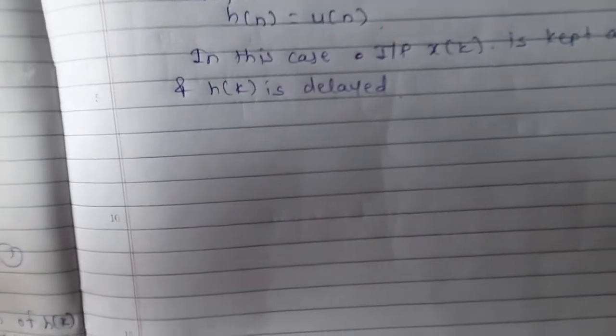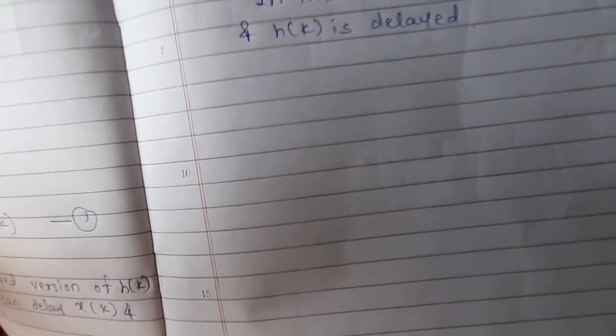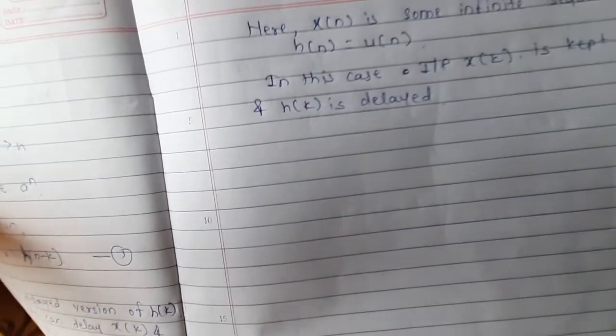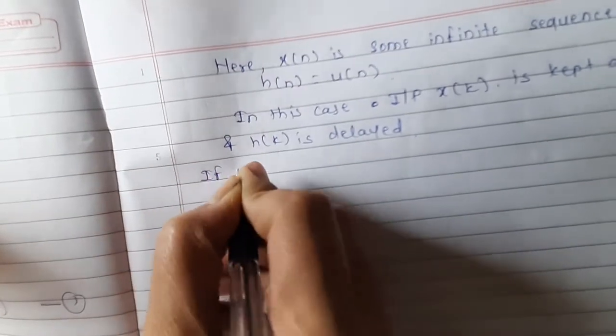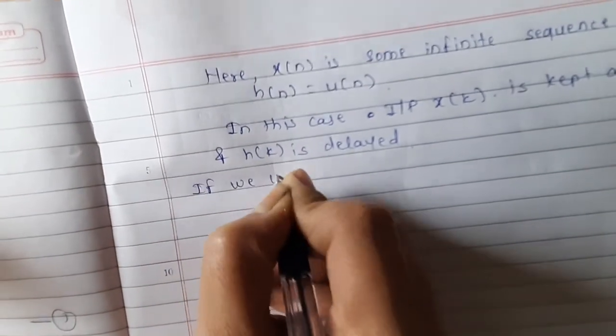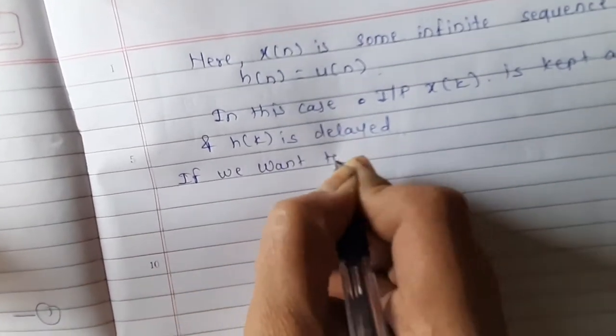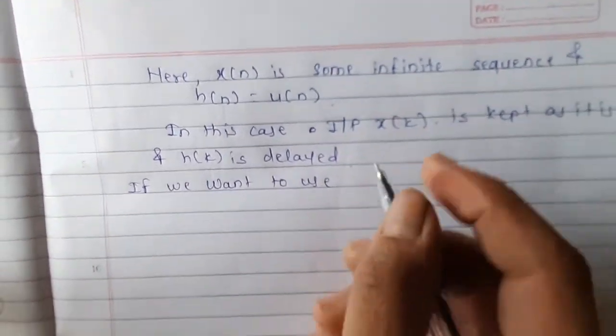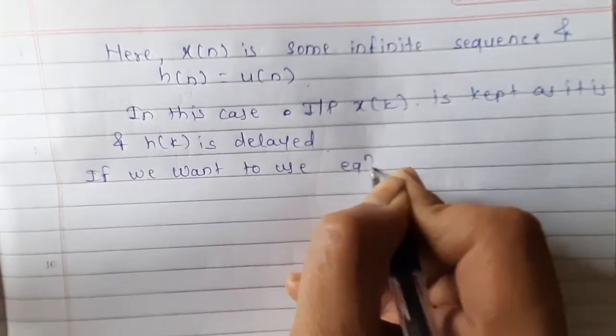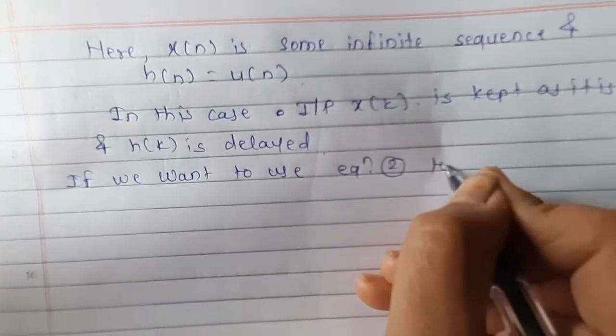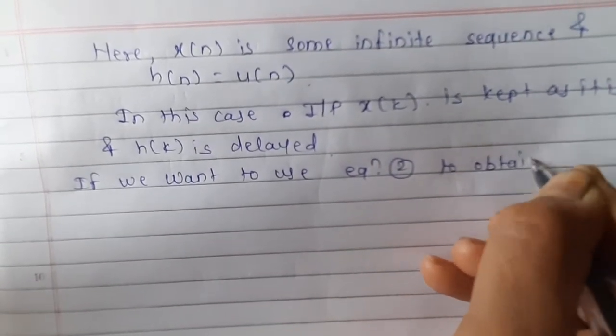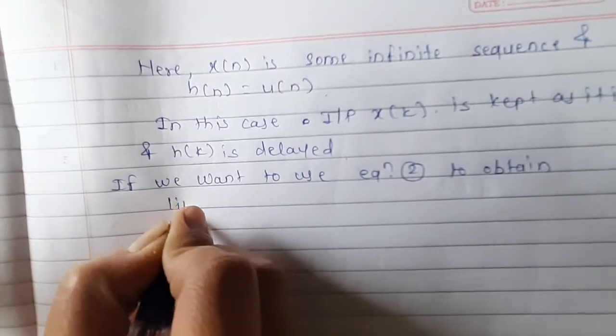But if we use equation 2, then linear convolution is, we write here, if we want to use equation 2 to obtain linear convolution,